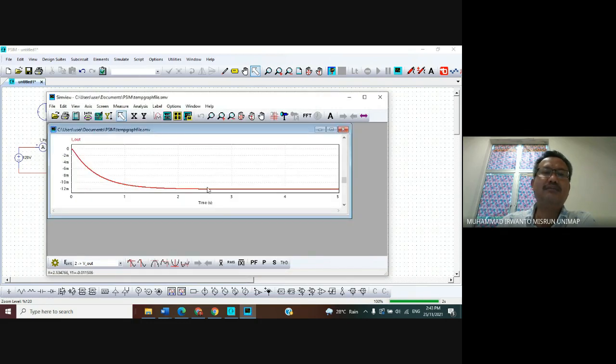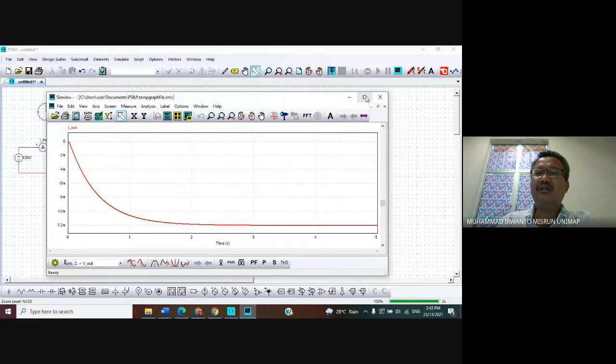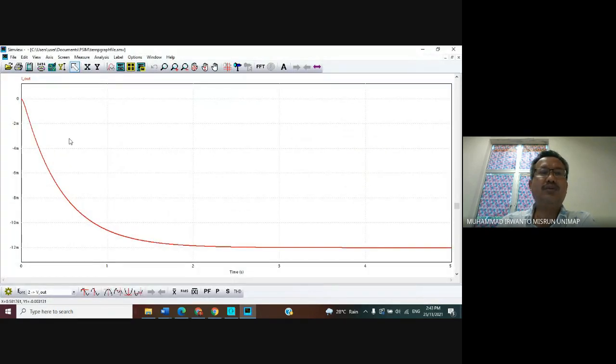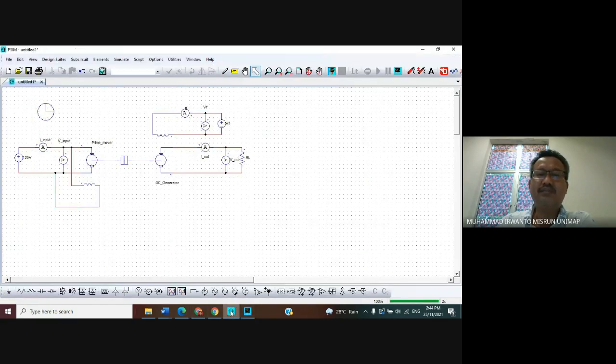Now if you look at this one, this value is negative. It means the terminal current measurement should be changed to obtain a positive value sign. So I repeat again: look at here, positive is on the right side, the small circle in here.